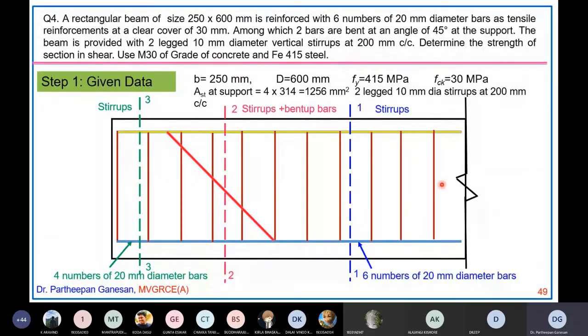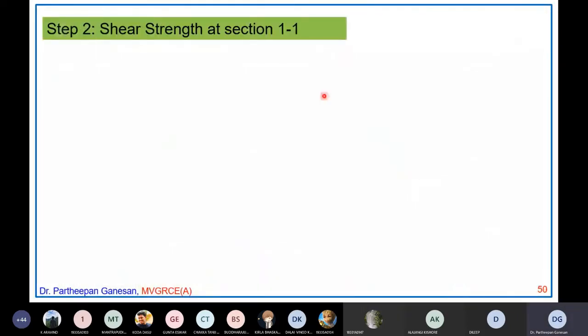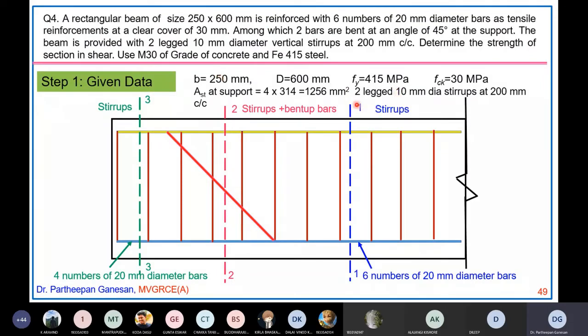Because if you know these things, after that it is only substituting into the formula, and all formulas are given in your code. Any doubt? Okay, I'll proceed further. So I am going to find out at section 1 what is the shear strength of